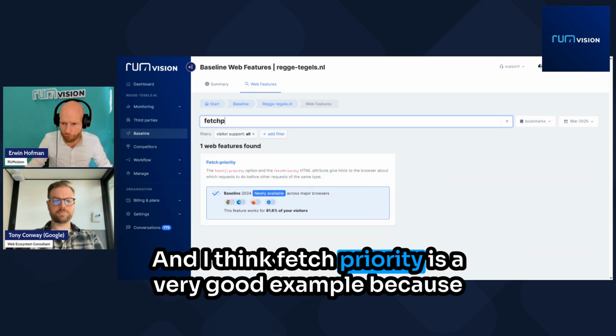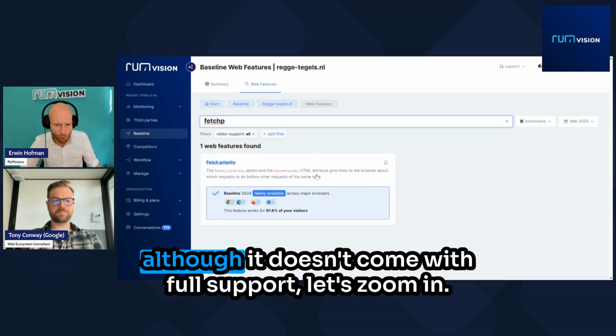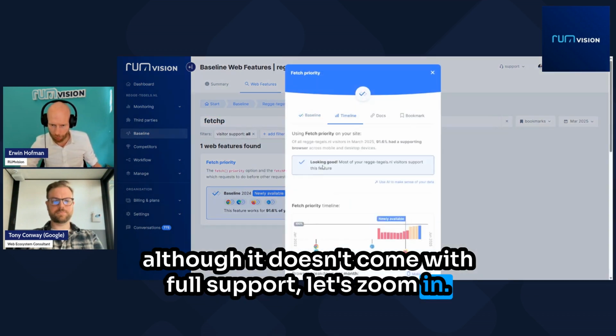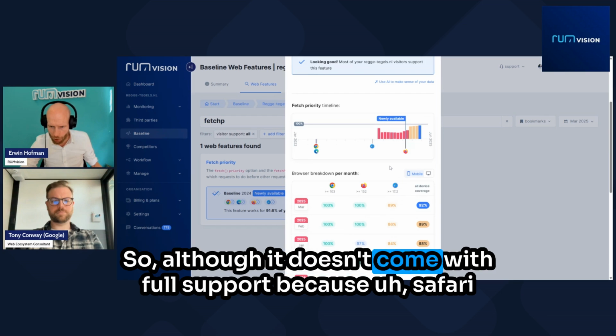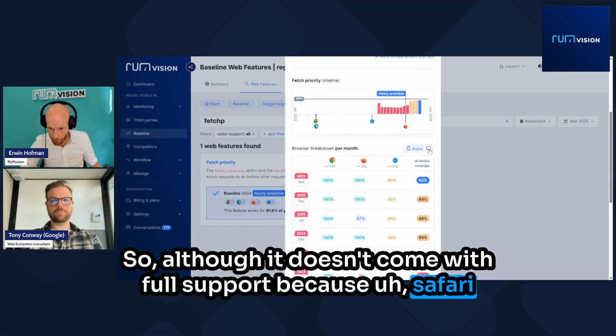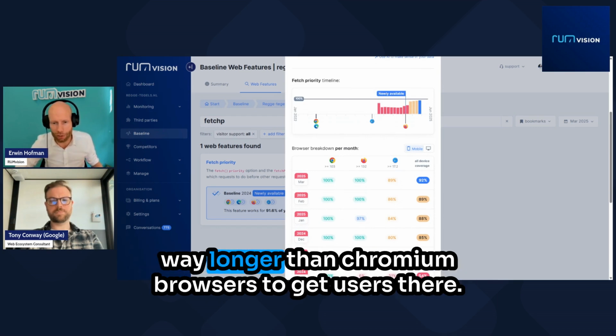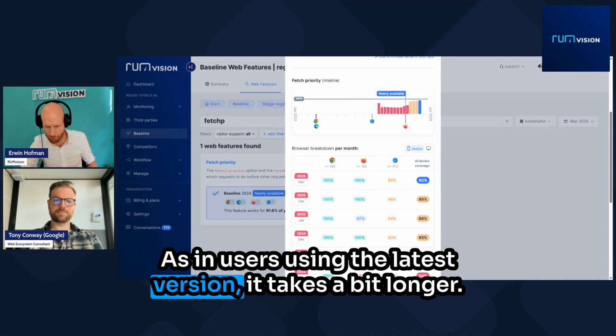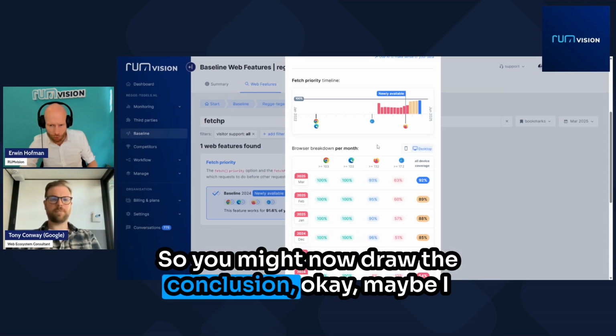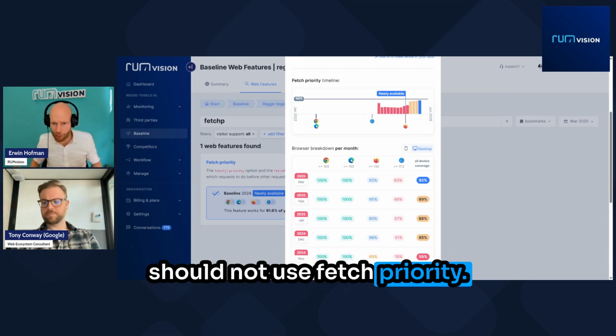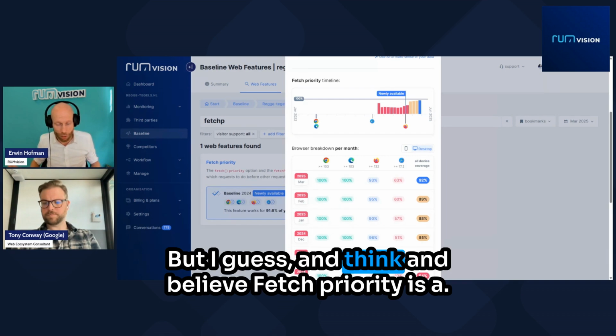And I think fetch priority is a very good example because although it doesn't come with full support, let's zoom in. So although it doesn't come with full support because Safari was a bit later to join the club, and then it takes typically way longer than Chromium browsers to get users there, as in users using the latest version. It takes a bit longer. So you might now draw the conclusion, okay, maybe I should not use fetch priority, but I think and believe